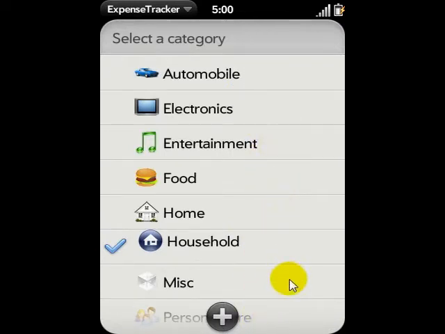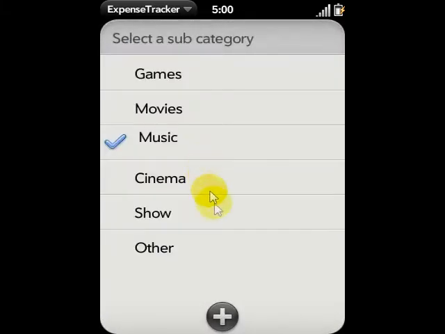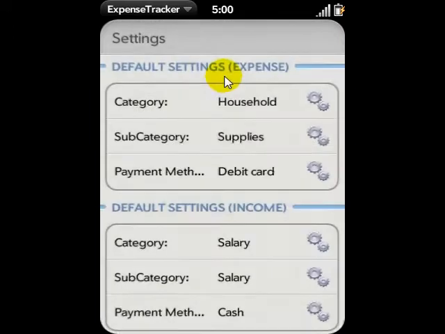We can now see the selection screen of the category, and you can notice that the current default one is shown by this checkbox. Let's tap somewhere in the list. It is now showing the subcategories of this category. They are closely linked. Once again, we just choose randomly for the sake of the tutorial,